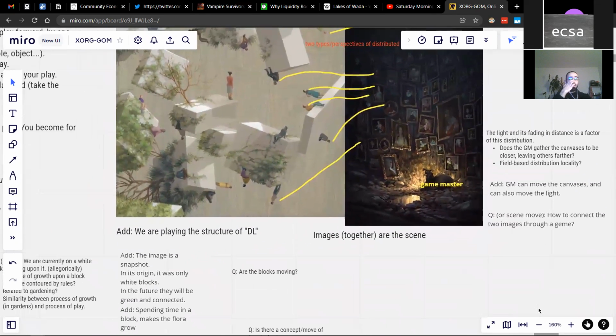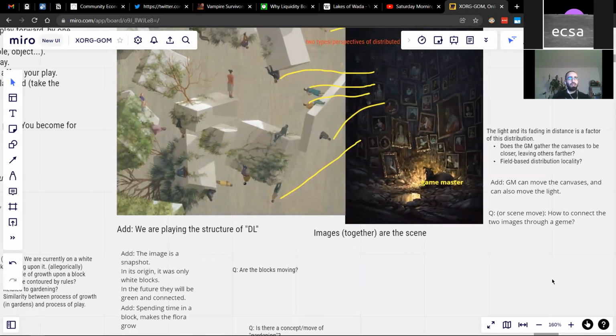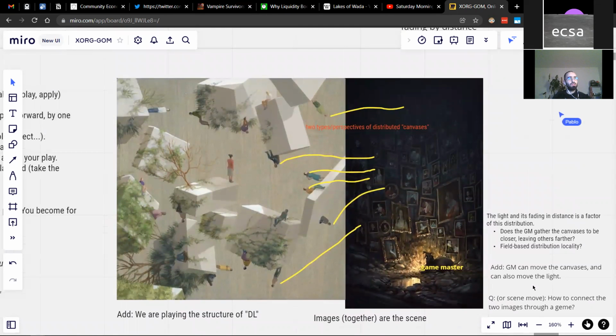I had an idea to further connect the two images or the two perspectives, because I'm starting to feel they are, from the beginning, the same scene. There are two perspectives on the same atmosphere, place. Yeah, two perspectives of the same place, but there are different places. So I don't know how to frame this, but I will add something to the gem.